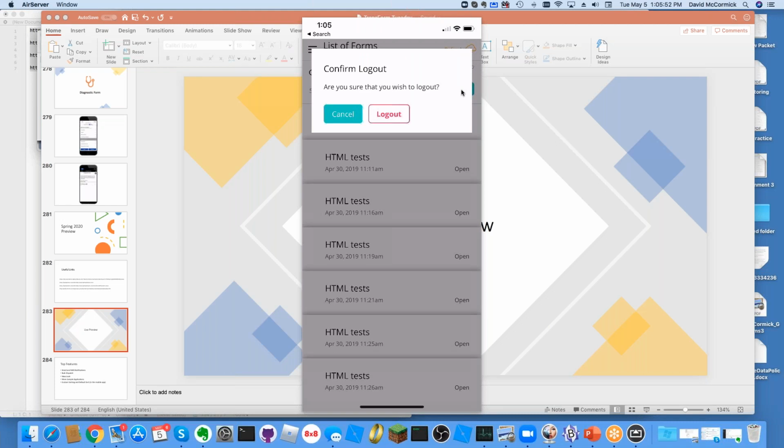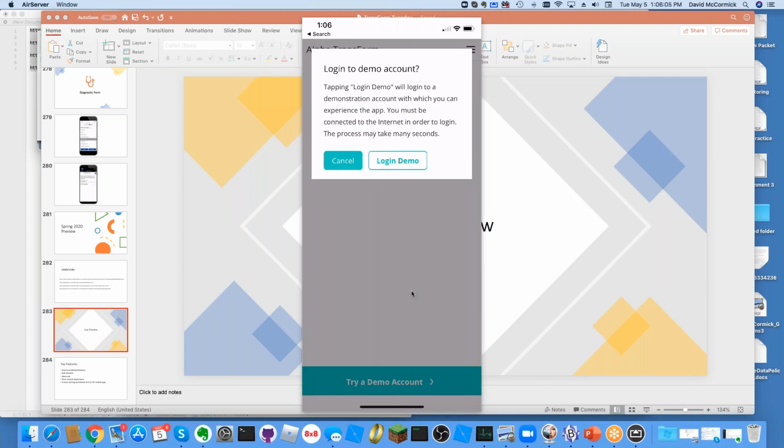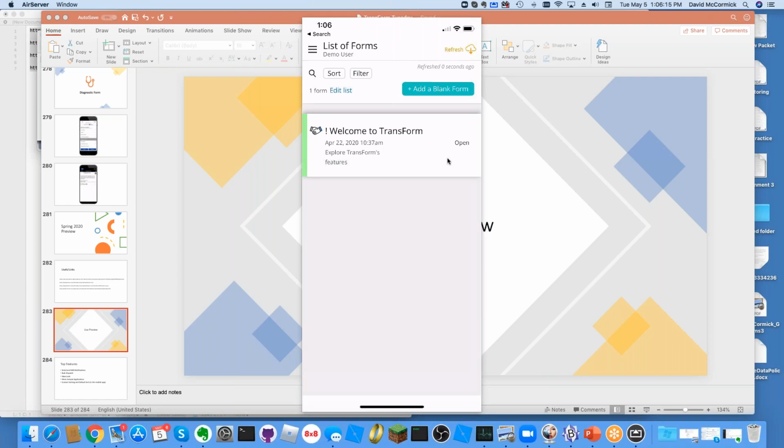I'm going to log out. It should bring me back to the login screen. And now if you look here at the bottom, it says try a demo account. So that's brand new for this version. I'm going to go ahead and tap on that. And it tells me a little bit of information, telling me I have to be connected to the internet and a couple other things. As you know, TransForm is an offline capable application, but for demo mode, you do need